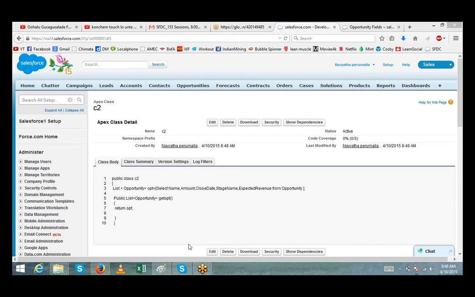Hello, Chandu. Are you able to share your screen? I don't see your screen. Or can you just type in the error? I think there's some problem sharing your screen. Can you just type in the error?